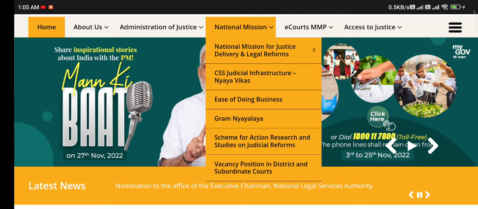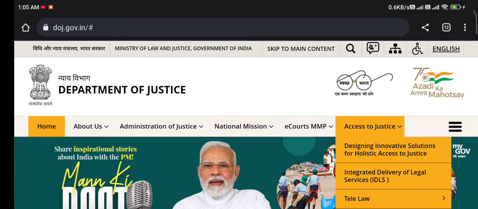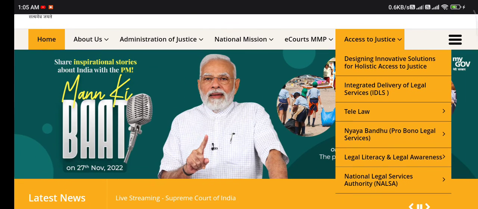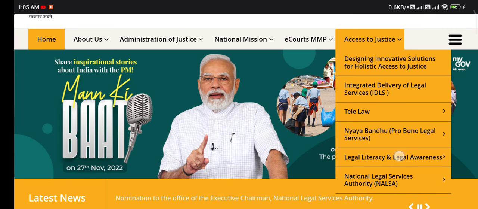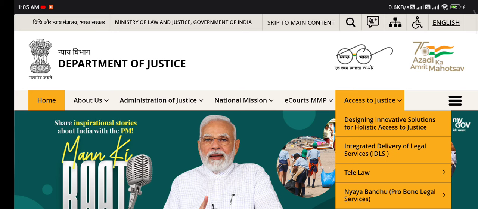Gram Nyayalaya, vacancy position of district and subordinate courts, scheme for action research and studies on judicial reforms, CSS judicial infrastructure, Nyaya Vikas. Okay, access to justice, legal literacy and legal awareness. You can see here also NALSA services over there. Integrated delivery of legal services, IDLS. Okay, let's come to legal literacy first one. Okay,